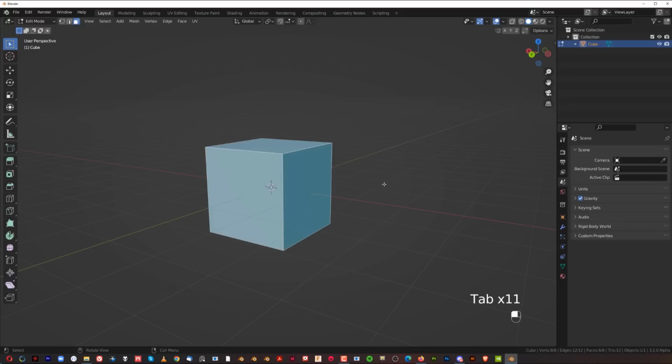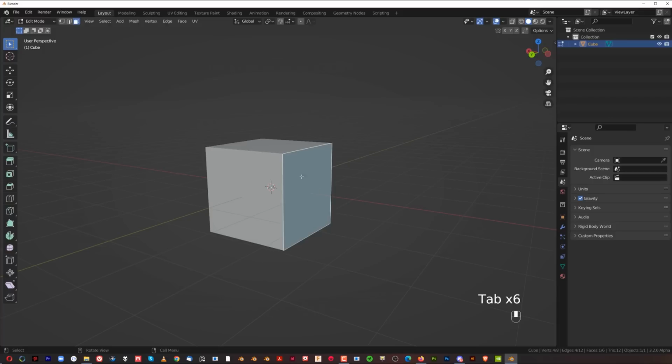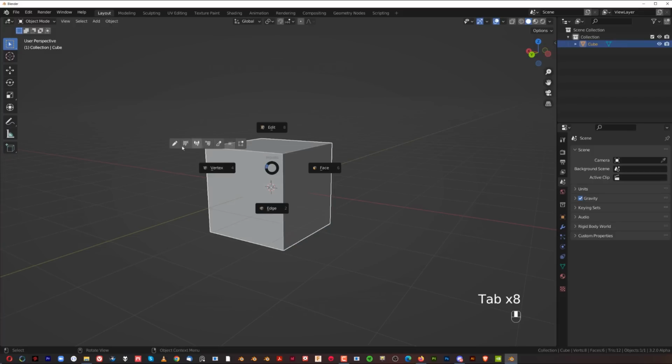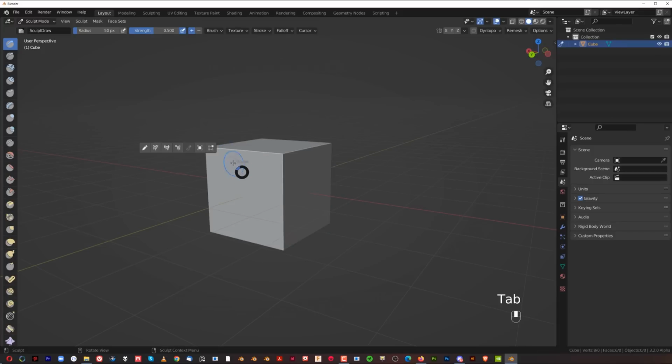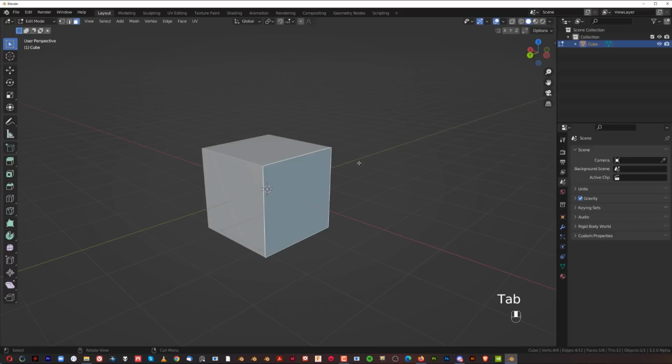So I can go from object to face, you know, in one swipe. You press, you hold, you move, you release, okay? Once you remember where they are, you can be very quick, okay? Additional options are here. These are different workspaces, so you can go to sculpting, you can go to vertex painting, you know. Now, when we're gonna go to edit mode, let's say face mode, you'll see that when I